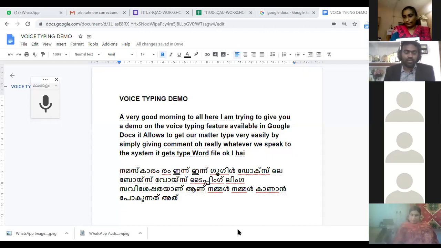So they can make use of Google Docs for getting their matter typed. Once the matter is typed, they can take it from here and paste it there.